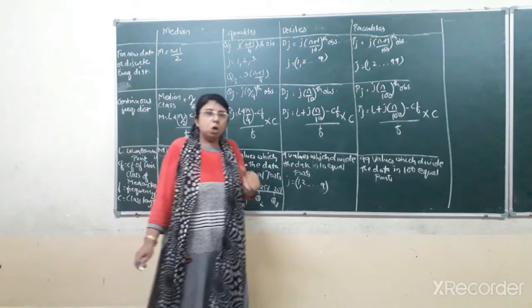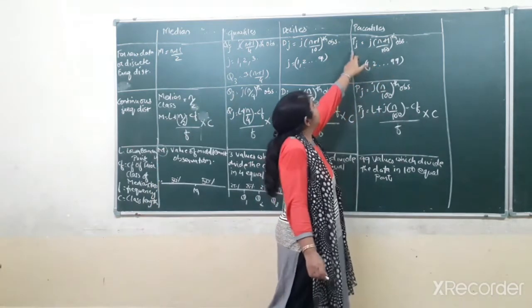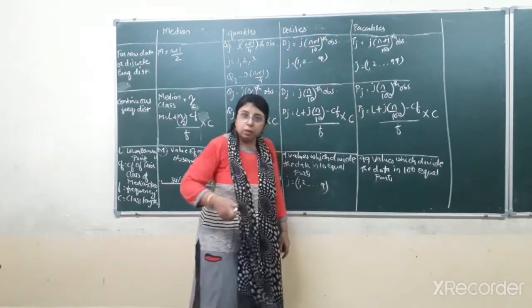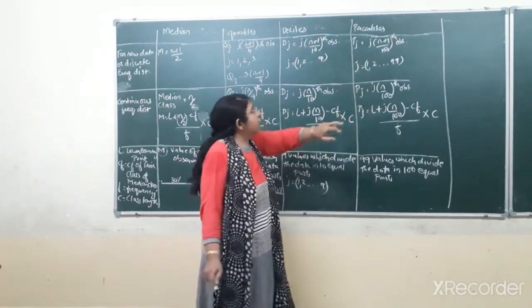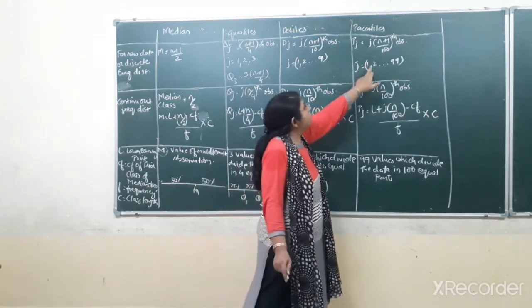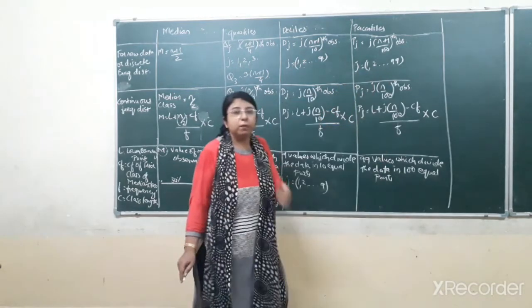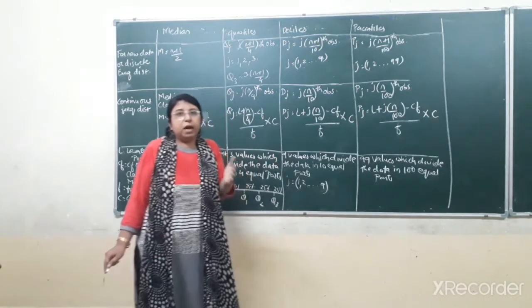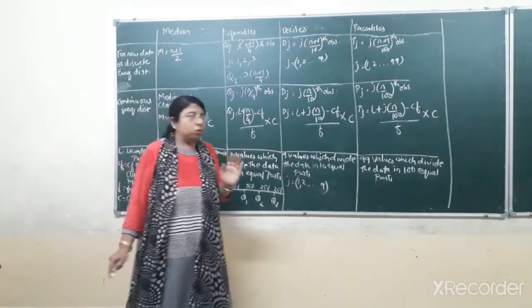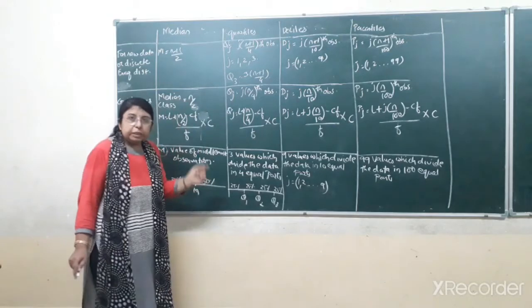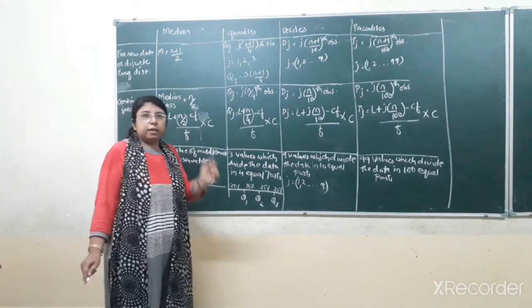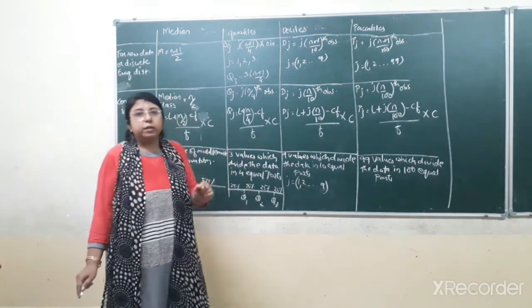So here it will be divided by 100, and if it has been asked in the question to find P30, then you will take the value of j as 30. So in that way j can be from 1 to 99, any value of j can be asked in the question. Okay, so in this way you have to find the median, quartiles, deciles and percentiles for raw data or discrete